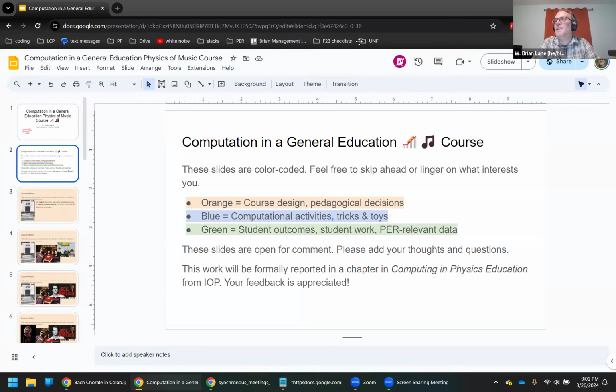Another nice thing about a class like this, and this especially appeals to a free spirit like myself, is that it is not a prerequisite to something else in the physics major. It's not a program requirement. There's nobody downstream saying, I need students to come out of physics of music knowing blank. And it's kind of amazing what you can do with these classes when you don't have that pressure on you.